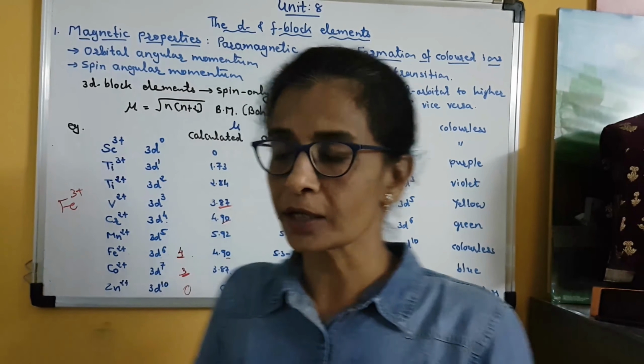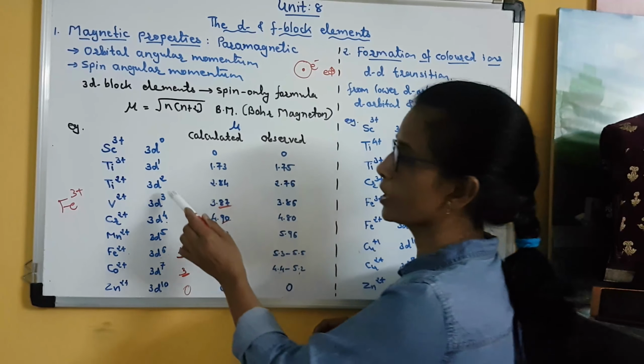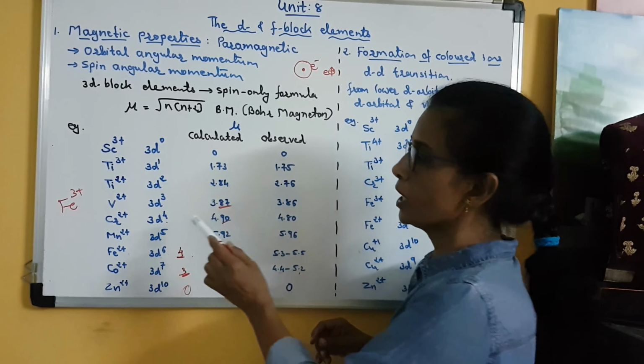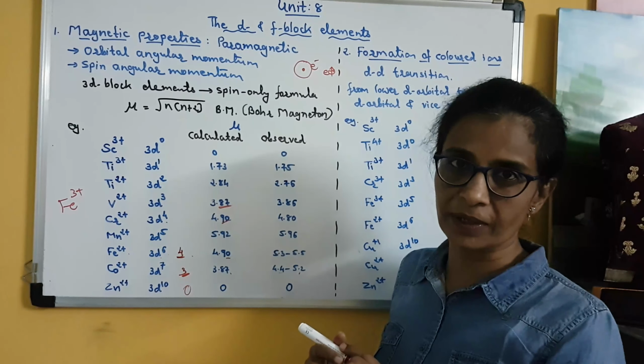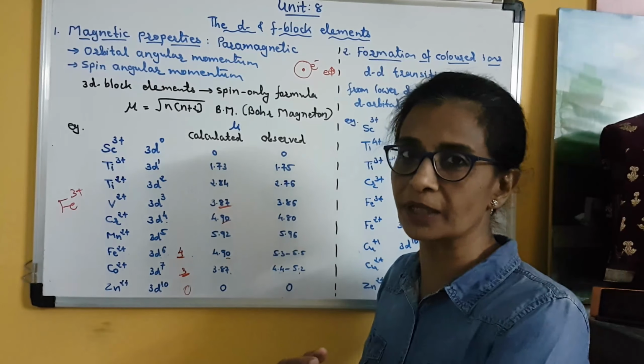Clear? So in short, you don't have to remember these values, but the trick is that depending upon the number of unpaired electrons present in a d orbital, the value of the magnetic moment follows a pattern. Means 3d1, 1 unpaired electron means 1.73, 2 unpaired electrons means 2.84, 3 unpaired electrons means 3.87. Clear? So if you don't remember the exact digits after the decimal, then also it's okay. You should know that 3 unpaired electrons means it is 3 point something. Clear?